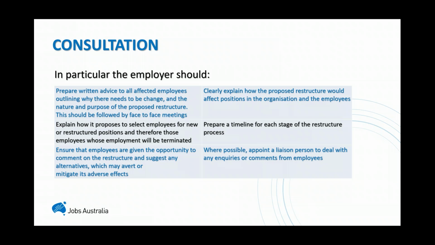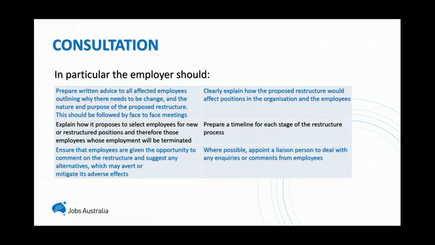This is often one of the pitfalls that organisations fall into, is not actually indicating when the process ends. So for staff that are involved in redundancies, it's important for them to have that timeline so that they know when the end of the process is near. When does the new structure start? When do I leave the organisation if I'm impacted by that outcome?